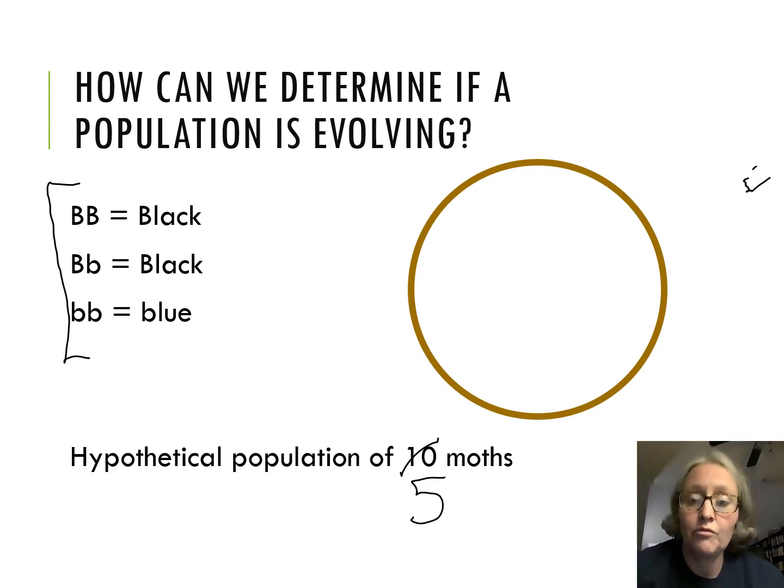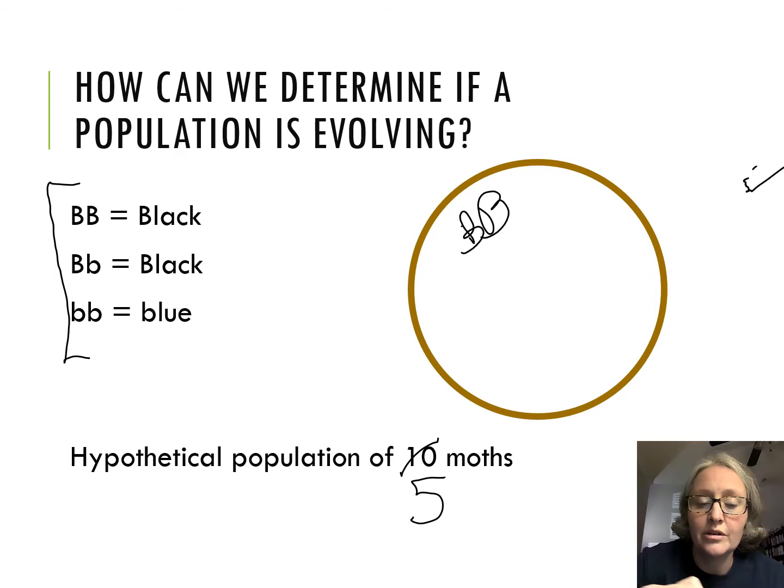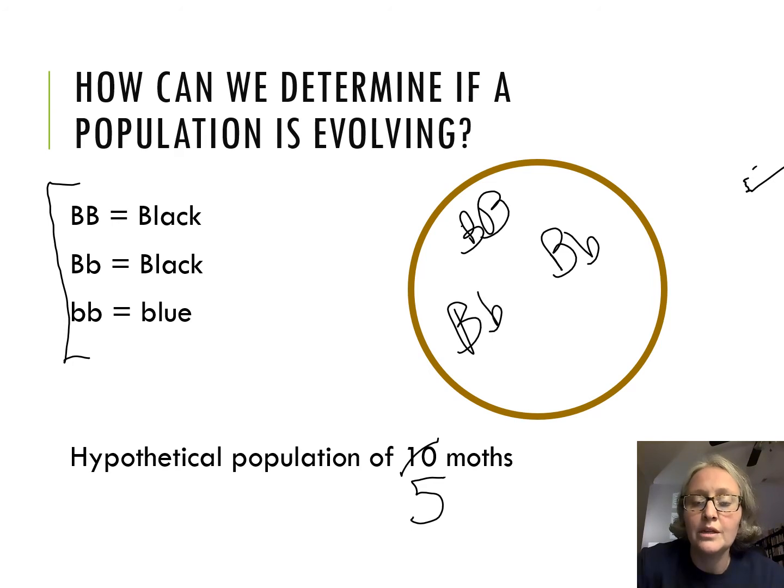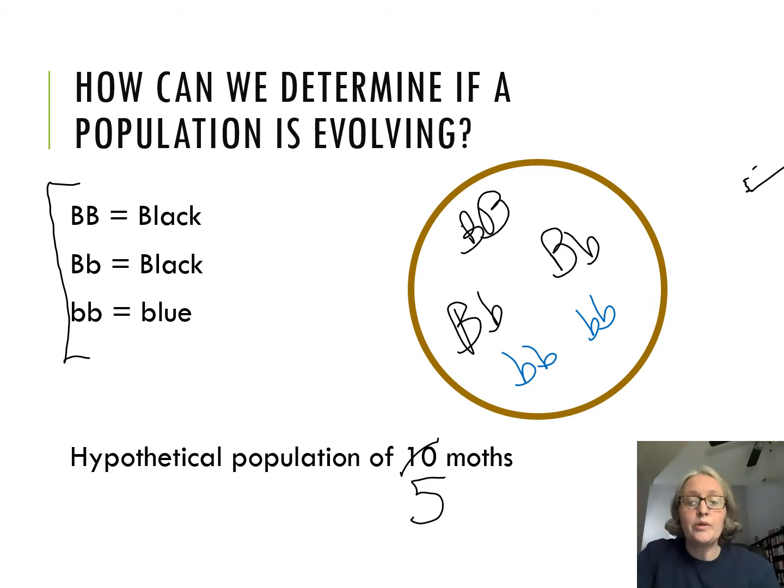So I have one that is Big B, Big B. There's a nice black one. I've got another one that's Big B, Little B. That's another black one. I've got another one that's Big B, Little B. And I also have some that are blue. I've got 2 blue ones, Little B, Little B, and then another one that's Little B, Little B. So here's my population. I've got 3 black moths, and then I have 2 blue moths. So this is just our pretend